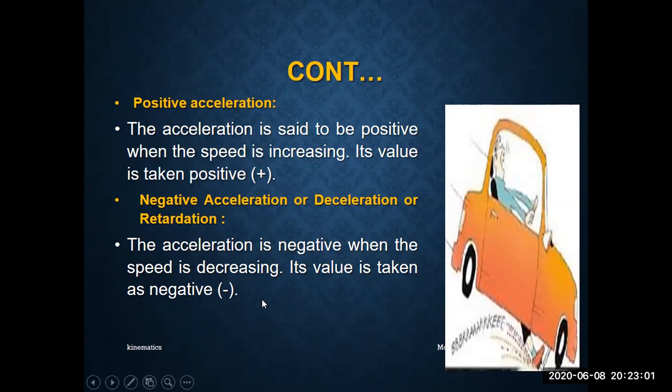This is also called deceleration, and it happens, for example, when suddenly applying the brakes. So when velocity decreases from a maximum value to a minimum, that minimum is basically final zero after application of the brake. Zero minus maximum: suppose you are moving at 30 meters per second and you suddenly apply the brake and reduce the speed to zero. So 0 minus 30, minus 30, will be the difference. So it will be negative acceleration when the velocity is decreasing, and when the velocity is increasing, like when you suddenly accelerate a car, your speed is increasing, so acceleration will be positive.